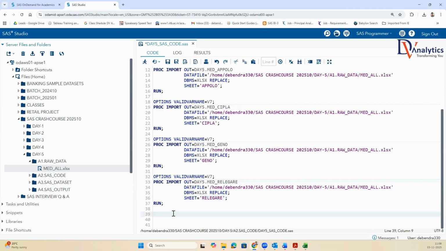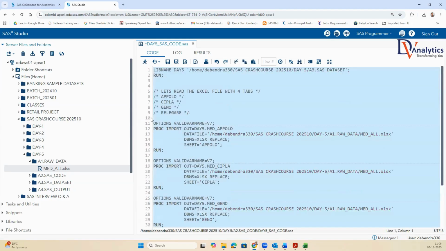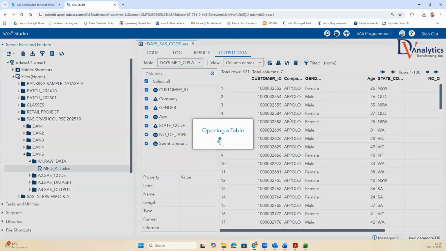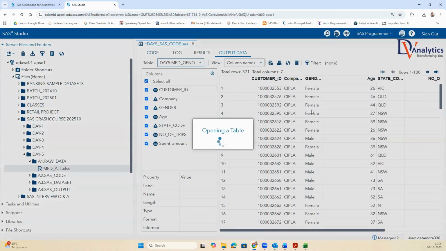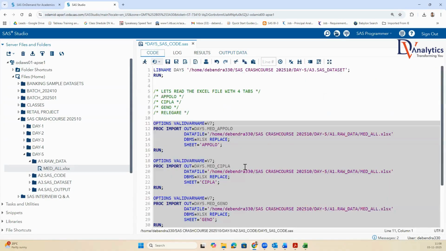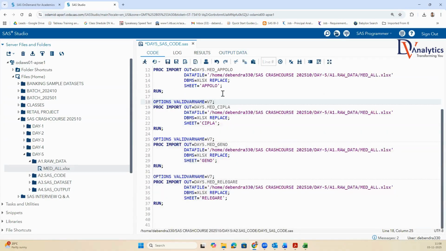Religare. You know what, guys? I select this all, I run the program, and I'm happy. I can see made Apollo is created, made Cipla is created, made Geno is created, and made Religare is created. Right? So if I really look at what is getting changed,